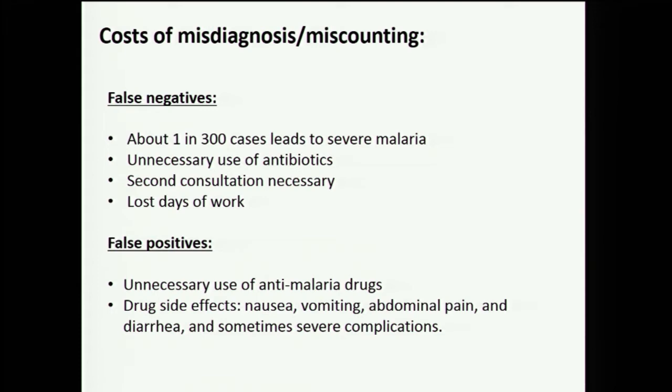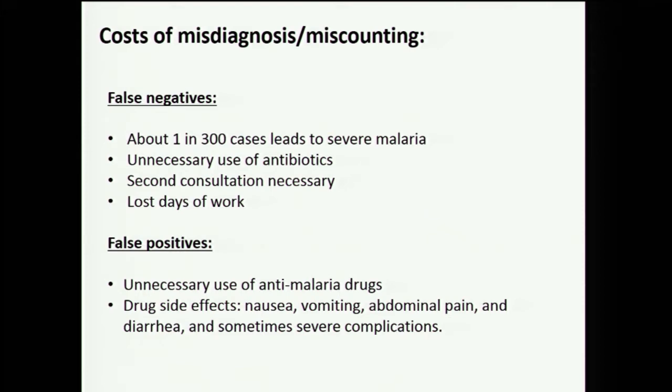So this involves cost. Of course, the most severe cost here is the person is dying, and in fact, 1 in 300 patients are actually dying from a false negative. Then another cost is unnecessary use of antibiotics, because if it's considered a flu and not malaria, you're giving the wrong drug, and that costs and has no effect. And of course, lost days of work, that has a direct economic impact. So even if persons are not dying, that has an economic impact, and you can count that in money. So there's a lot